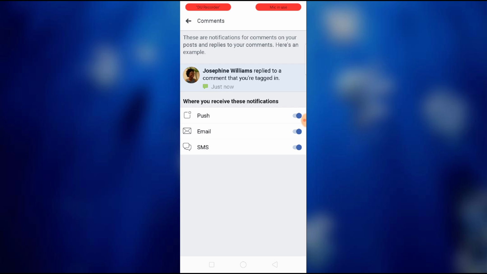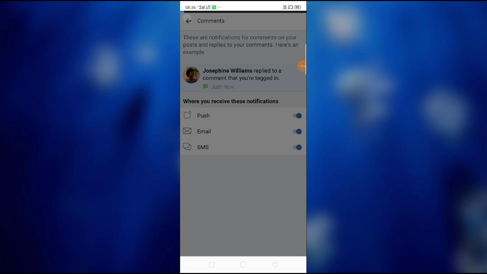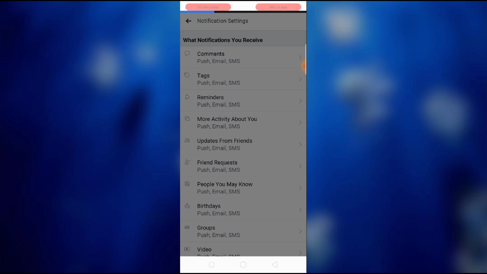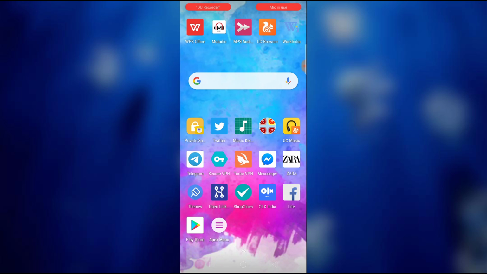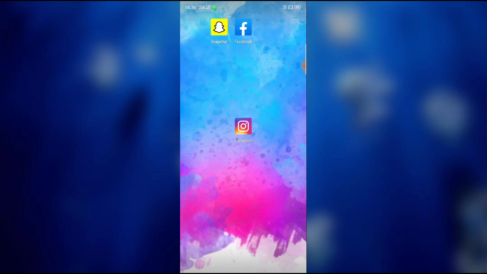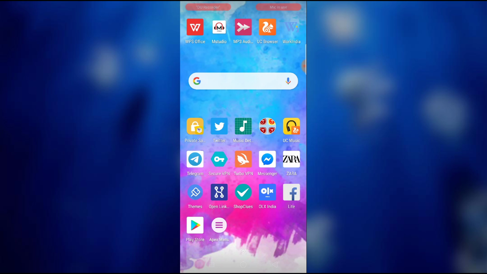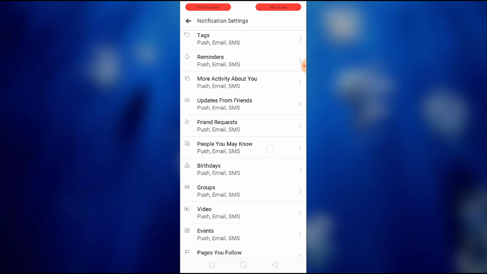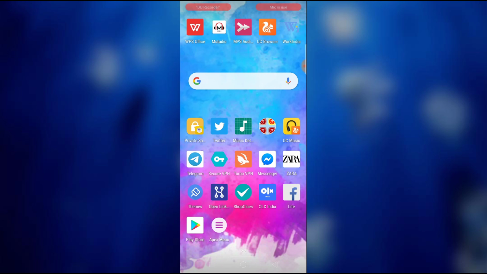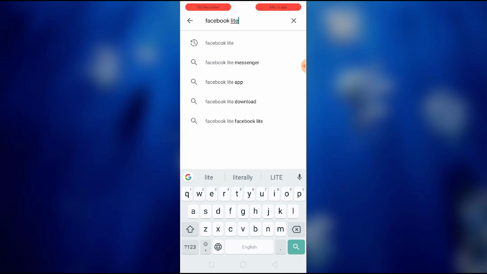I will go for comments. So if you want to push this, just do like this and it is on. So you can see as reminder all are on. So what you have to do is, if these notification options are off, then you have to turn on every option here. Now what you have to do is go to your Google Play Store and search for Facebook